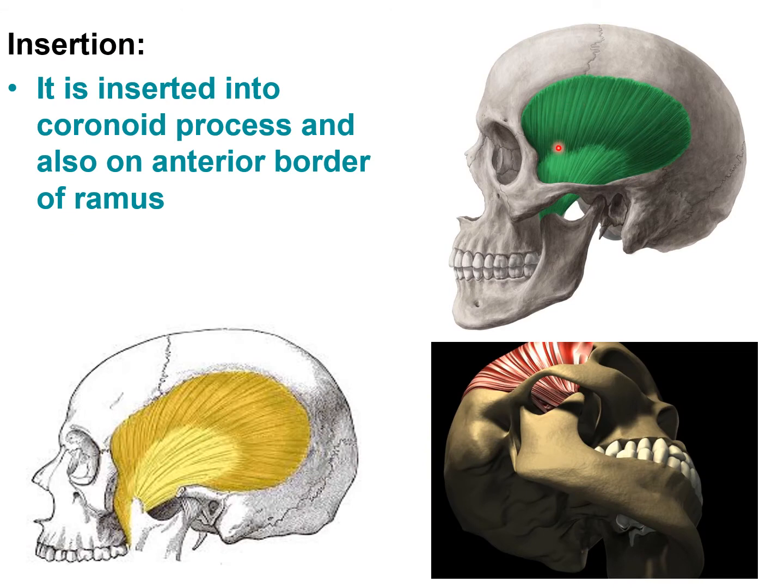The fibers of temporalis converge below to form a tendon which passes deep to the zygomatic arch, and it is inserted onto the coronoid process of the mandible, and it also gets insertion onto the anterior border of the ramus of the mandible. So in the coronoid process, the attachments of temporalis are on its medial aspect, its apex, and the anterior as well as posterior borders, and onto the ramus it is inserted along the anterior aspect of the ramus of the mandible.